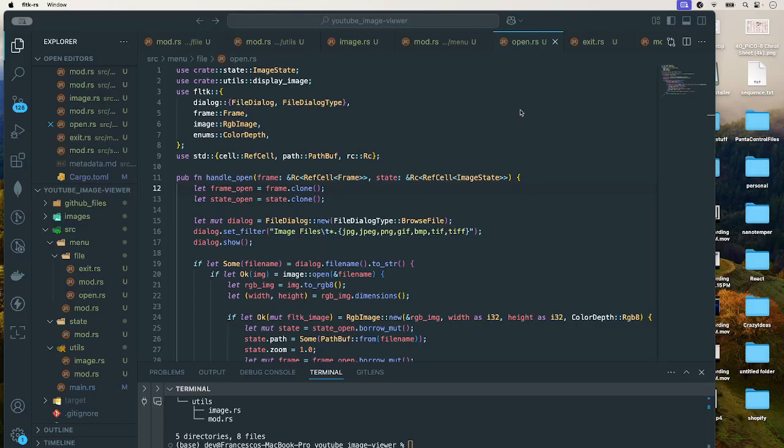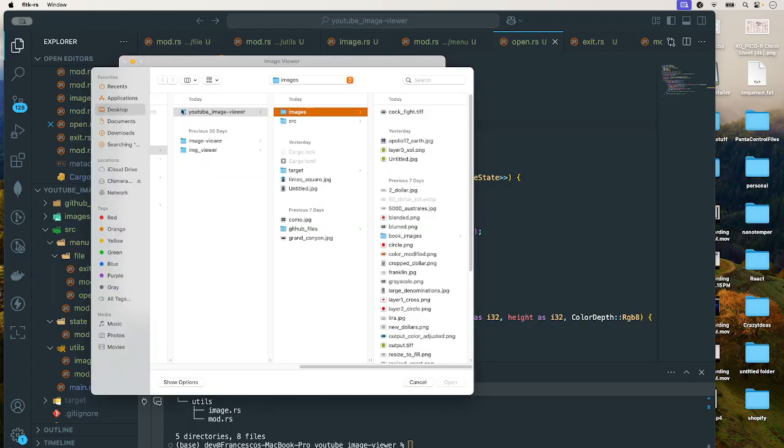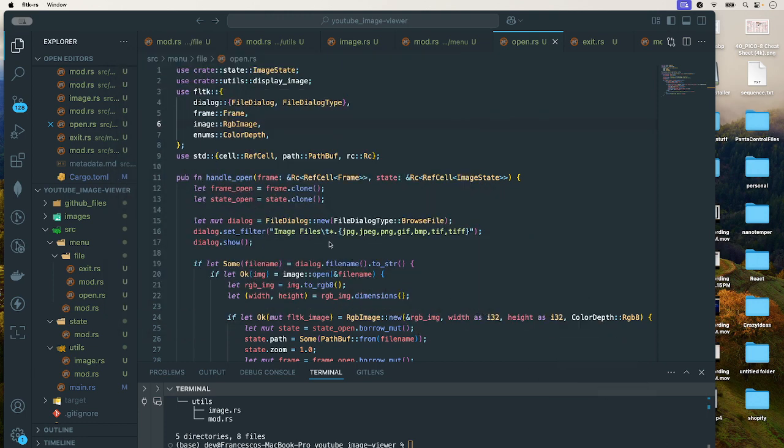Welcome to another tutorial. In this tutorial, we're going to continue where we left off in the last tutorial. As you remember, in the last tutorial, we were able to select an image, but we were not able to open it. Like in this case, it just showed that the image was selected, but no image appeared loaded into the window. In this tutorial, what we're going to do is